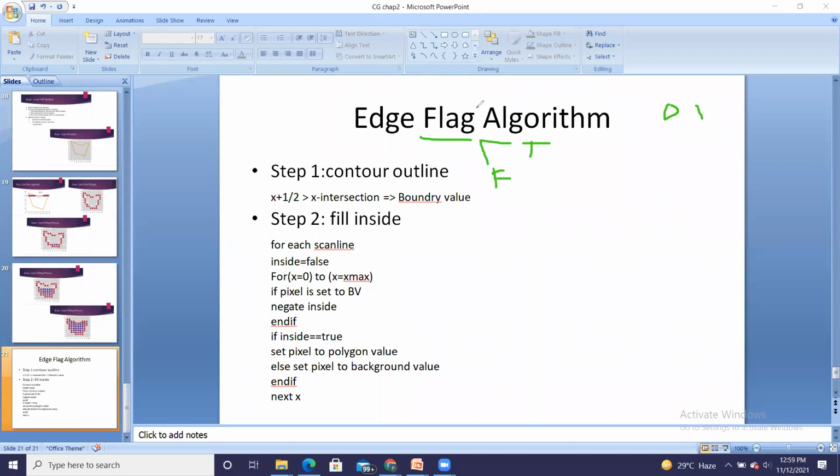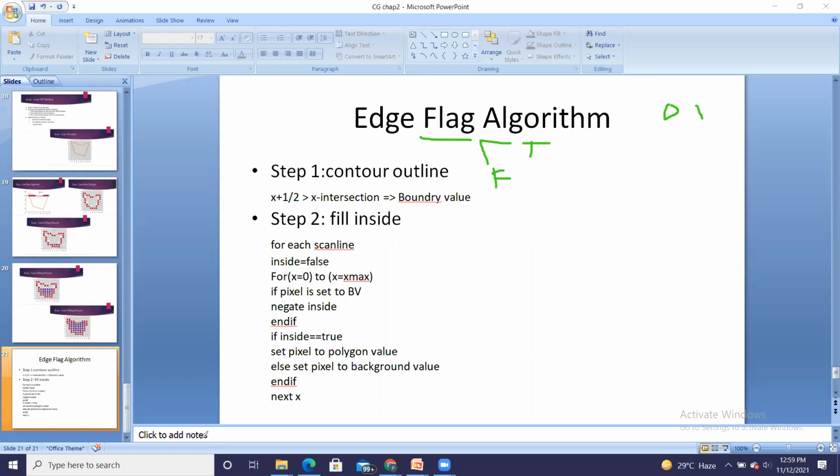So flag is nothing but one variable used in this algorithm, and that variable is inside. It is either set to false or set to true. Here the name of the flag is inside.